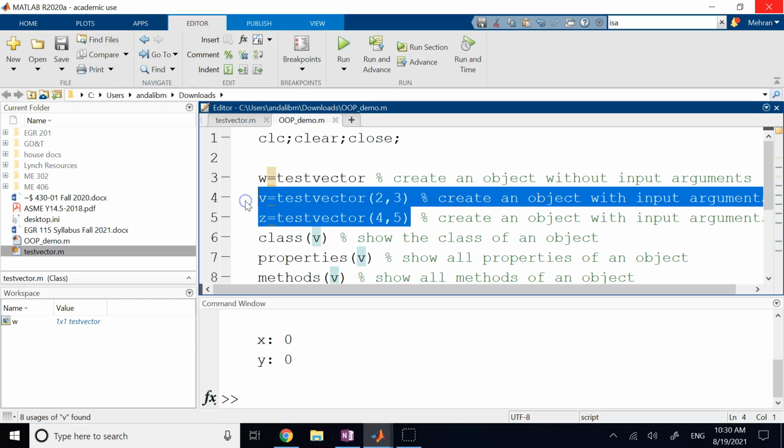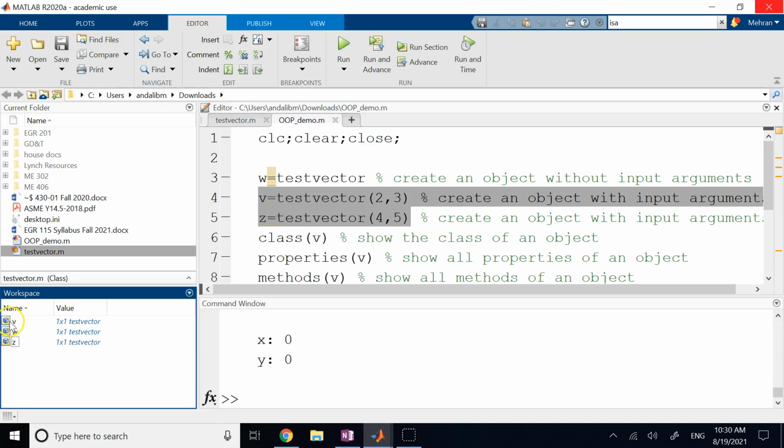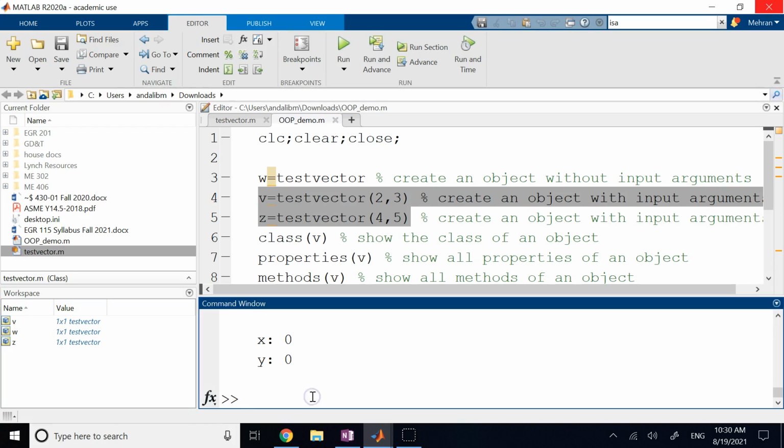So look here, when I run it, you see z takes values 4 and 5 for x and y, and v takes what? 2 and 3 for x and y, but small w was 0 and 0. And if you look again here at the variables that are an object, their appearance is different than a regular